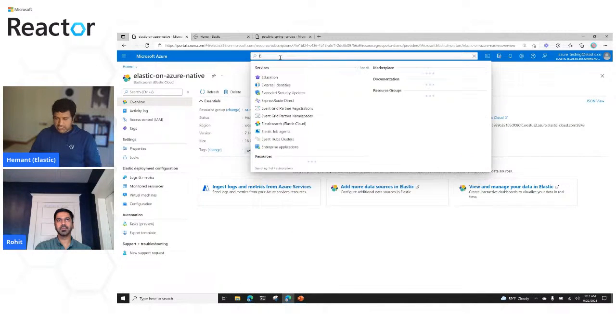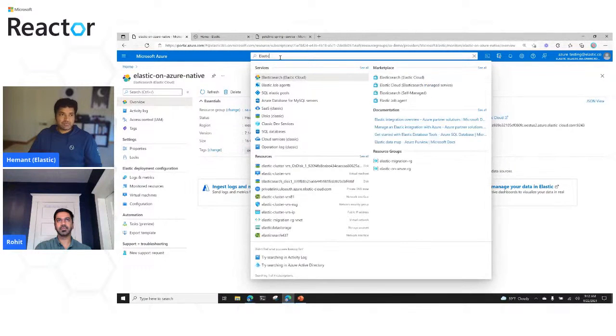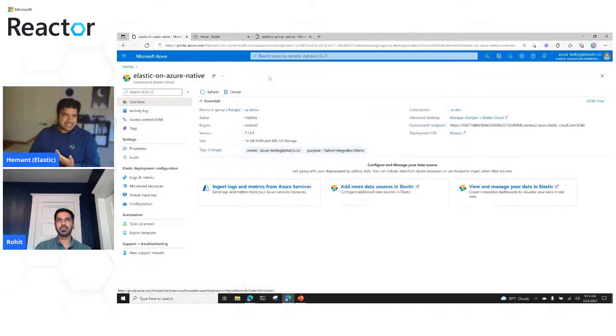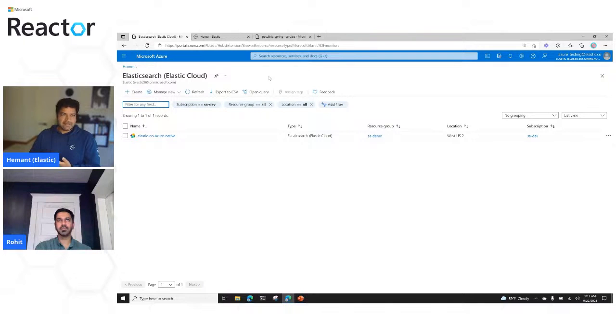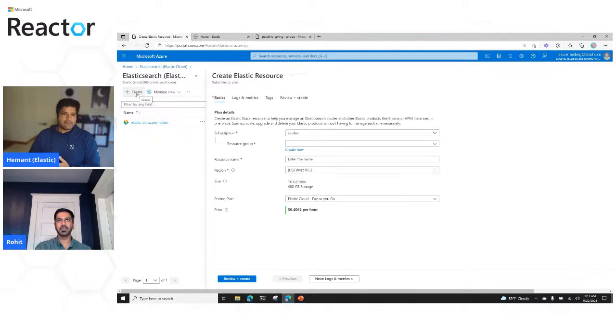A user's journey in Azure portal might start trying to find a piece of technology or a service that they are really after. I start typing in Elastic, and I see Elasticsearch available in the search results. I pick that one up. I can create an Elastic deployment from the Azure portal. And again, this would look very familiar and native to Azure users, because this is a very common workflow of how you would deploy any other Azure resource.